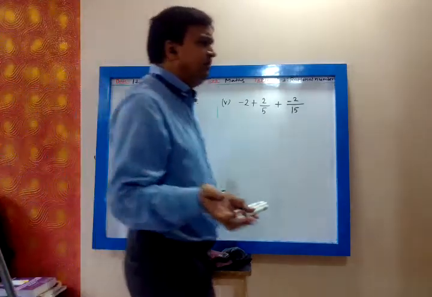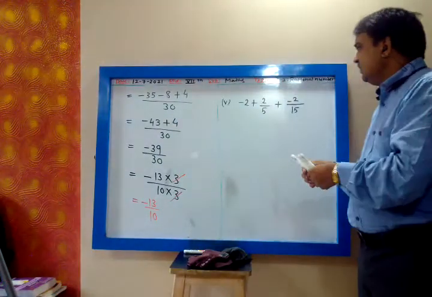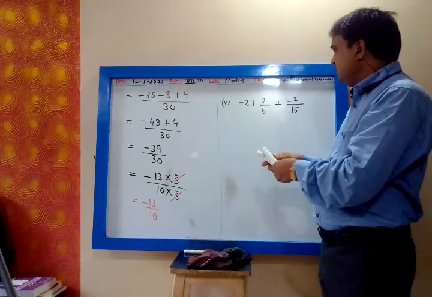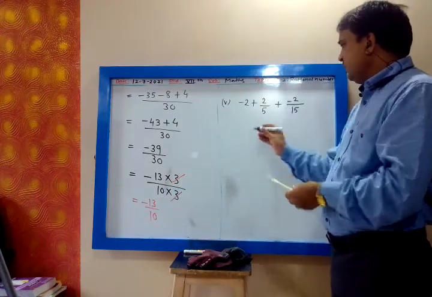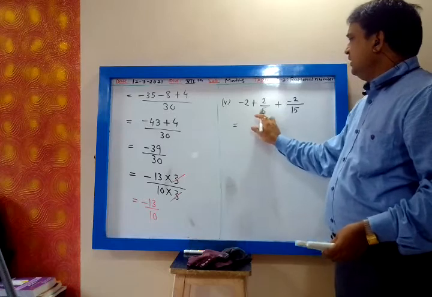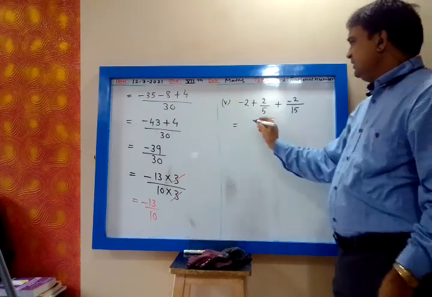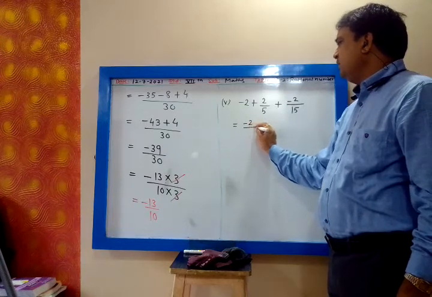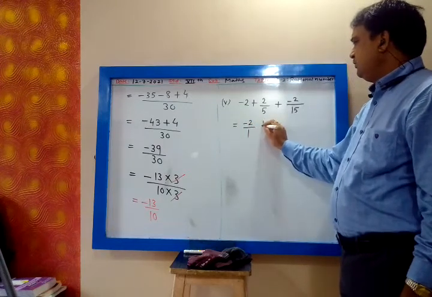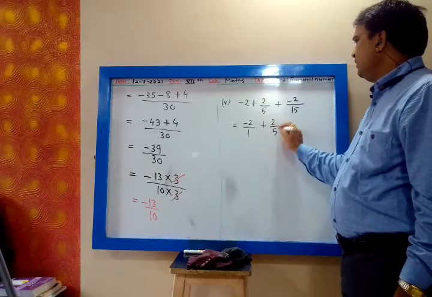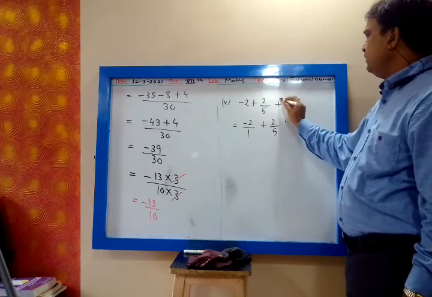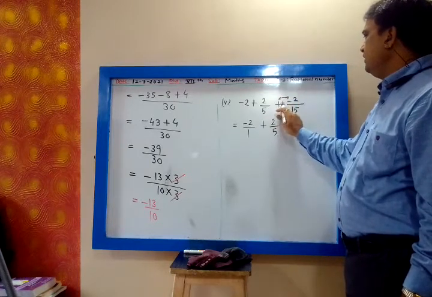My dear, you are joining with some other number, nothing can be cancelled. Minus 2 plus 2 by 5. So this is a rational number. Can you convert minus 2 into the rational number form? Yes, I can write minus 2 as minus 2 upon 1 plus 2 by 5, plus, whenever two signs are together you have to multiply. So plus into minus is minus.